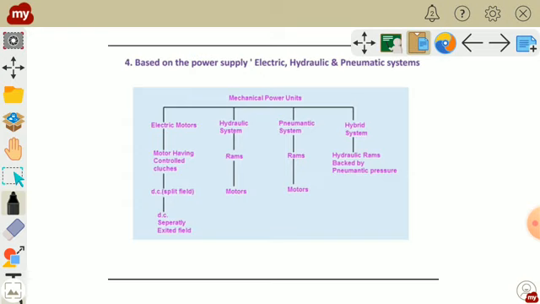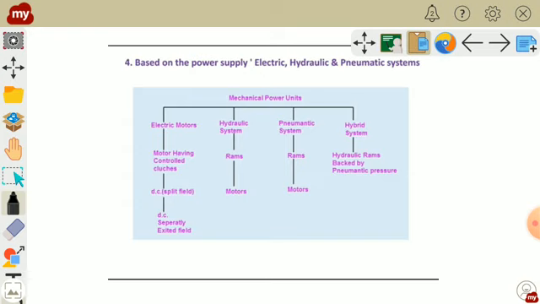Suppose it may have hydraulic drive, that is in the form of hydraulic motor or rams. Then कशासाठी hydraulic motor and ram? For controlling the chuck of your CNC lathe machines. It may have pneumatic system also. So pneumatic motors, pneumatic rams are there. कशासाठी? To control the vice of milling machine with the help of pneumatic power.